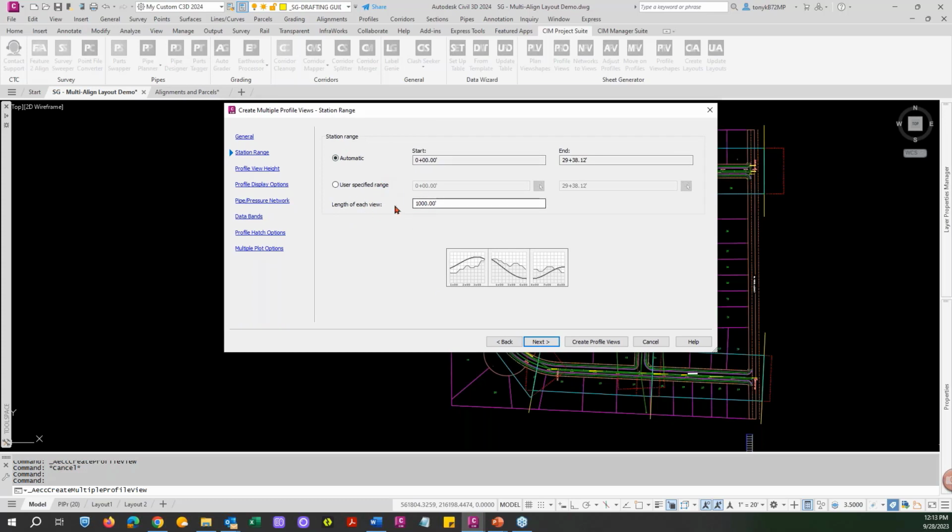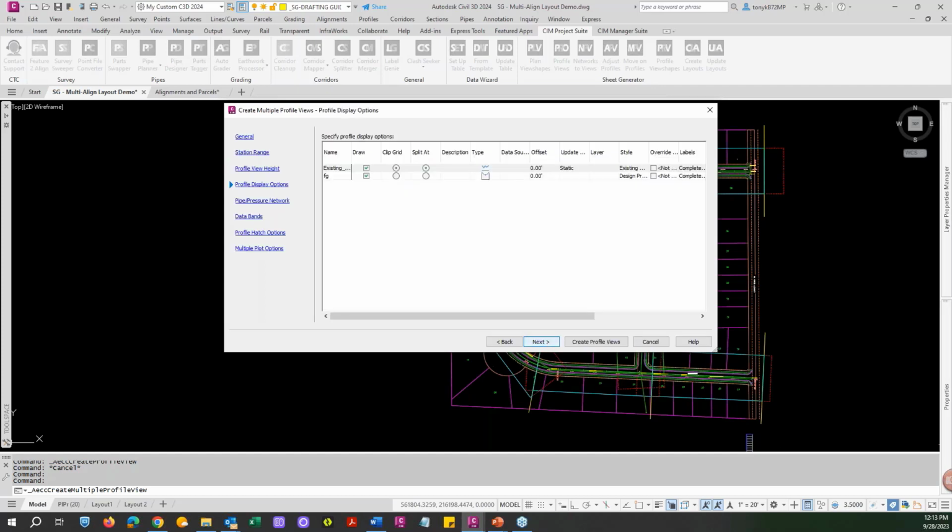Something important to note here, and I'll show you in a second, is the length of the views. It's not going to work if you leave it like this. They need to match our layout views, which I believe was 400, but we'll check that in a second. So as I continue on here,